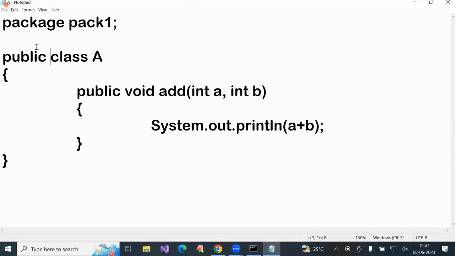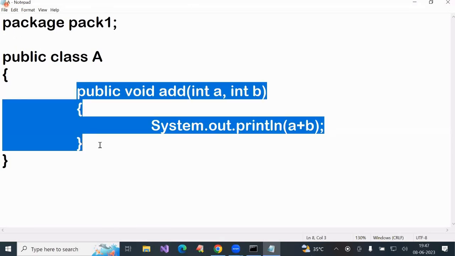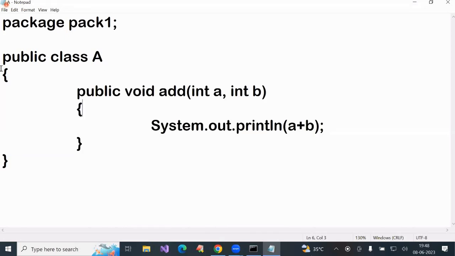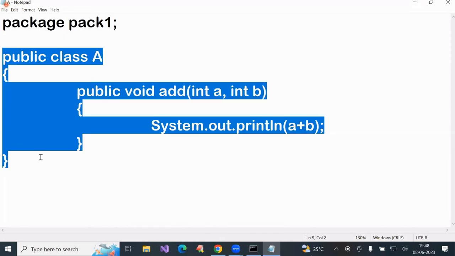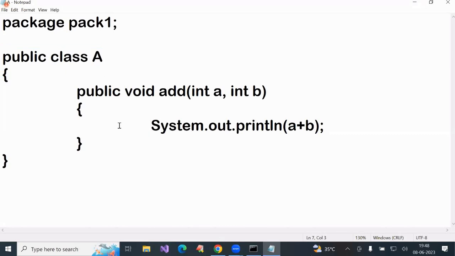No. It is a public method. You can access it anywhere, no restrictions. It is a public class. You can access it anywhere, no restriction. But if you want to access it, you need to import the package, you need to create an object, you need to